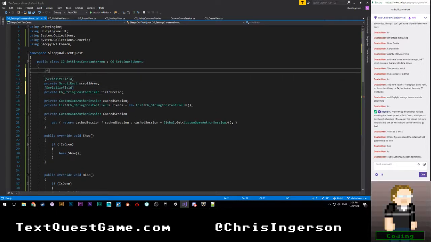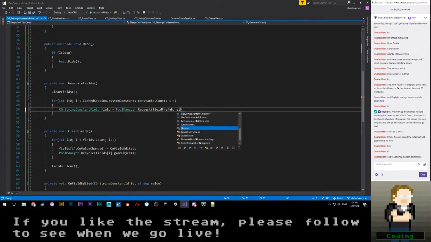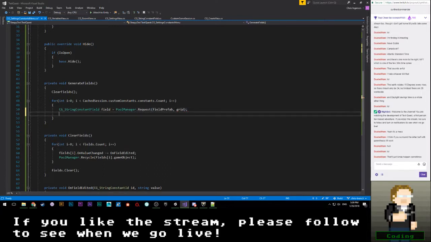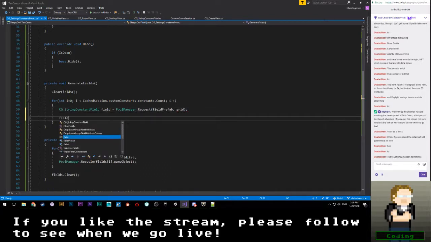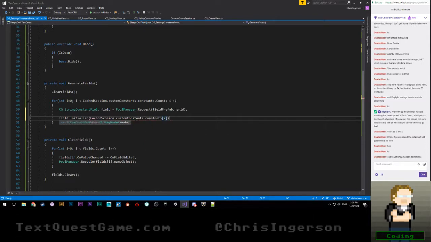Okay, so we're going to say serialize field private rect transform, I guess we'll say grid. These are going to get parented to grid when they spawn in. That's all we care about. After that, we're going to say field.initialize based off of cached session.custom constants of i.